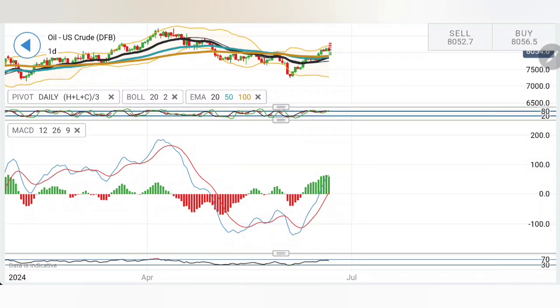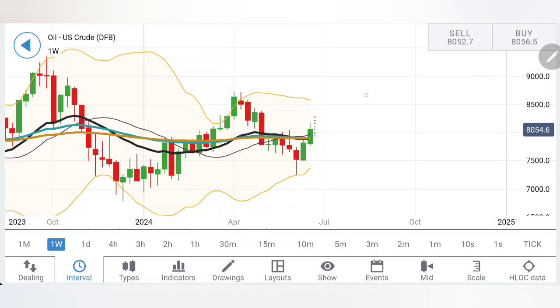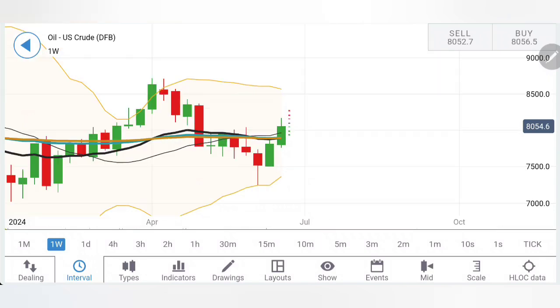So in a couple of trading sessions, a couple of bearish sessions for the next week, maybe till midweek, till the inventory data releases, we can see the bearishness in oil continue, and then it can bounce back. RSI near the top. Coming to weekly, likewise, one important observation on the weekly charts